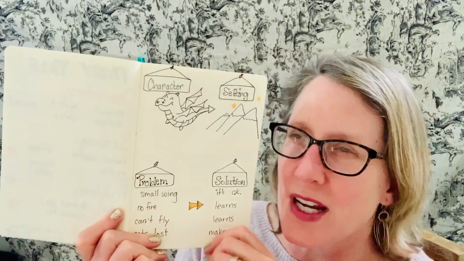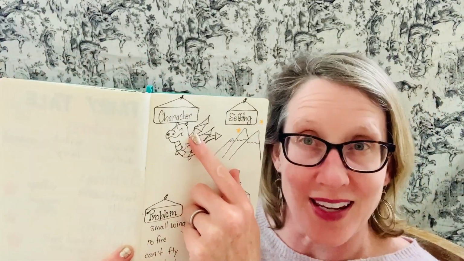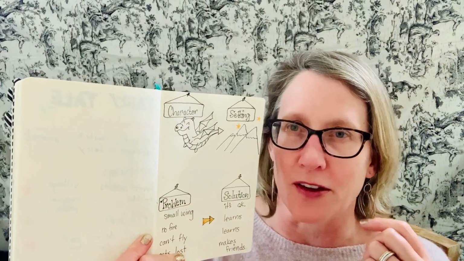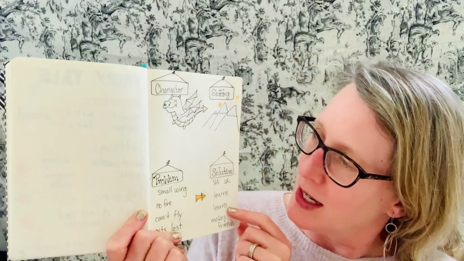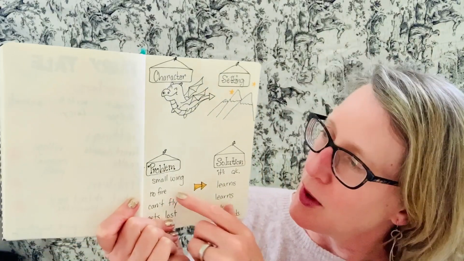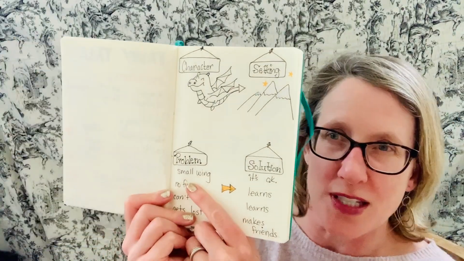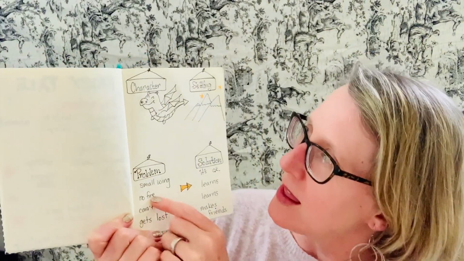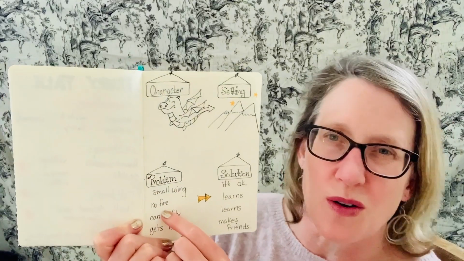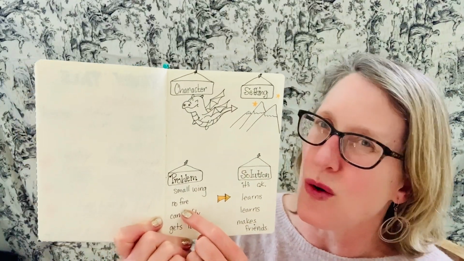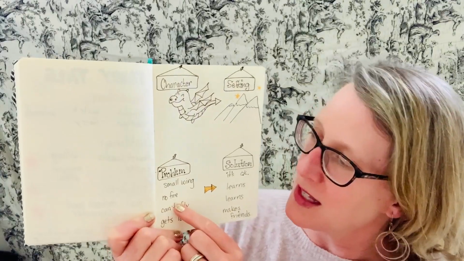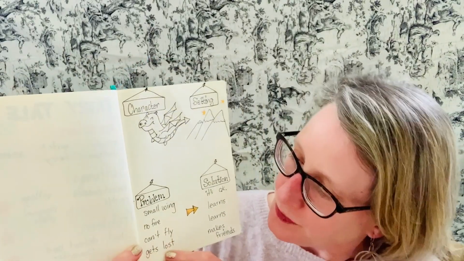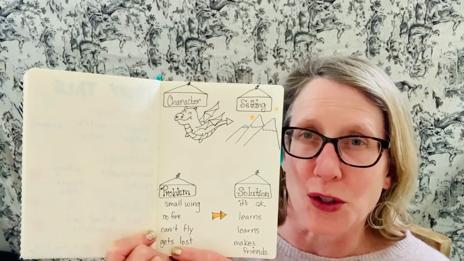And then as I was drawing, I was really struggling with the wings. One of them was too small and it just looked weird. And then that made me think of in Finding Nemo, how he has one tiny little fin that's smaller. So then I thought, well, maybe the problem in my story is that he's going to have a small wing. Or maybe as I was drawing his nostril, I thought, oh, he can't blow fire out of his nose or maybe his mouth. Maybe that's the problem in my story. And then, or maybe he just can't fly. Maybe he gets lost like Little Red Riding Hood.